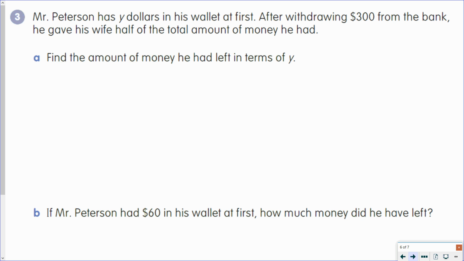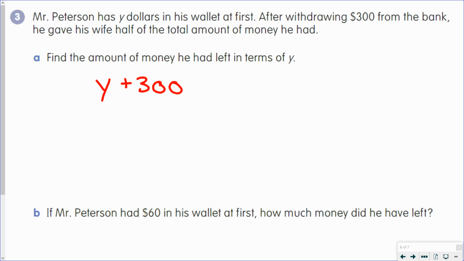Mr. Peterson has Y dollars in his wallet at first. After withdrawing $300 from the bank, he gave his wife half of the total amount of money he had. So we want to find the amount of money he had left in terms of Y. So Mr. Peterson has Y dollars in his wallet. After withdrawing $300 from the bank, that means it's going into his wallet. So we're going to add that 300